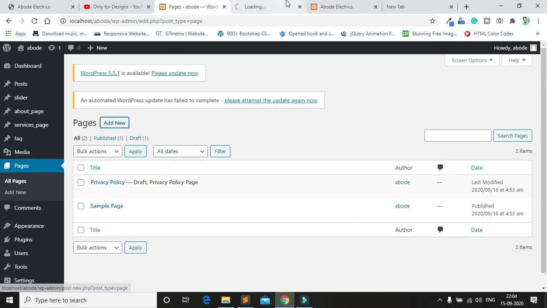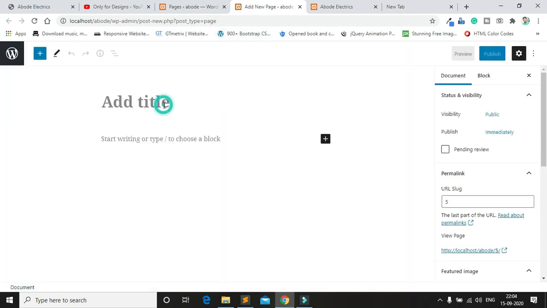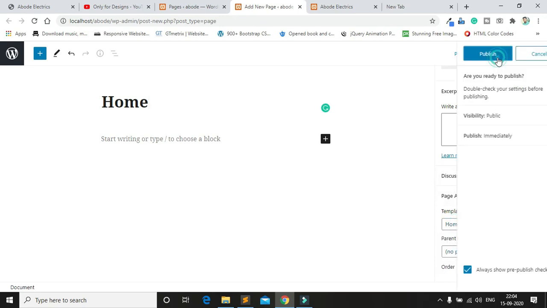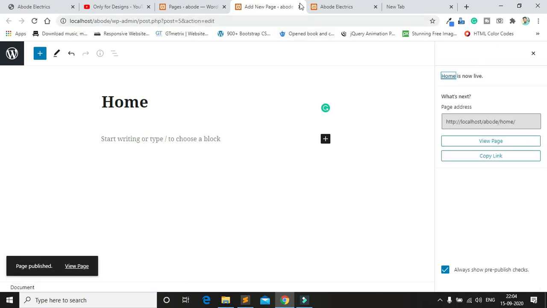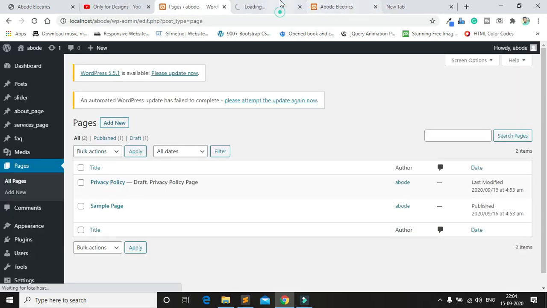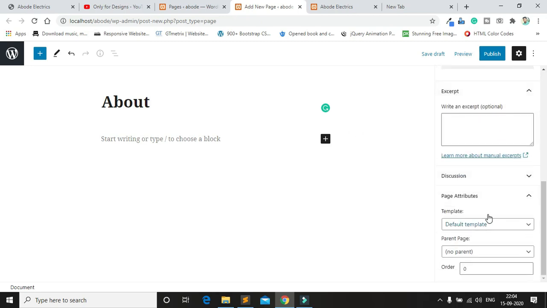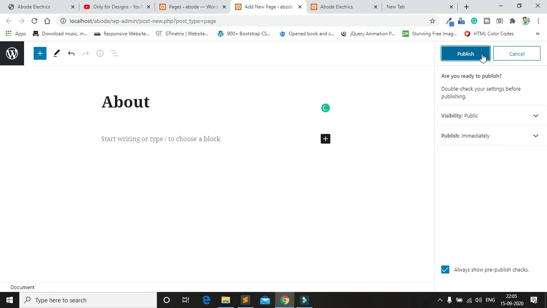So first I add the home page. Add the title, home page. Then select template, page attributes, then template, then select home here. Okay, then publish. Then add new about page, about, then select the about template, then publish.